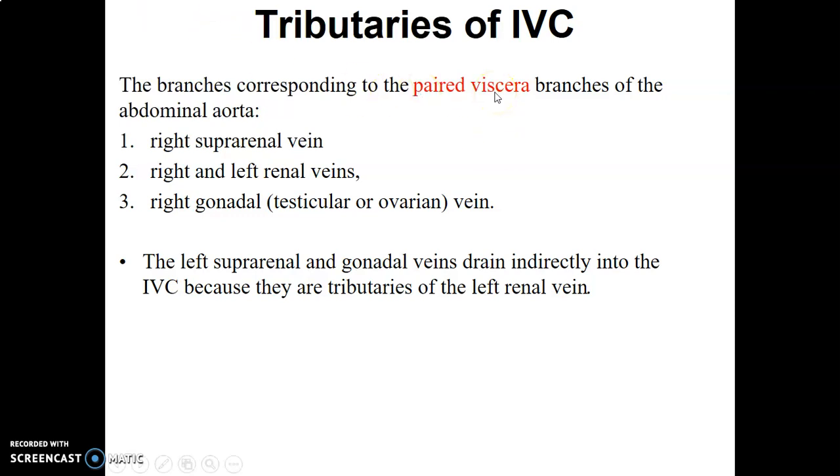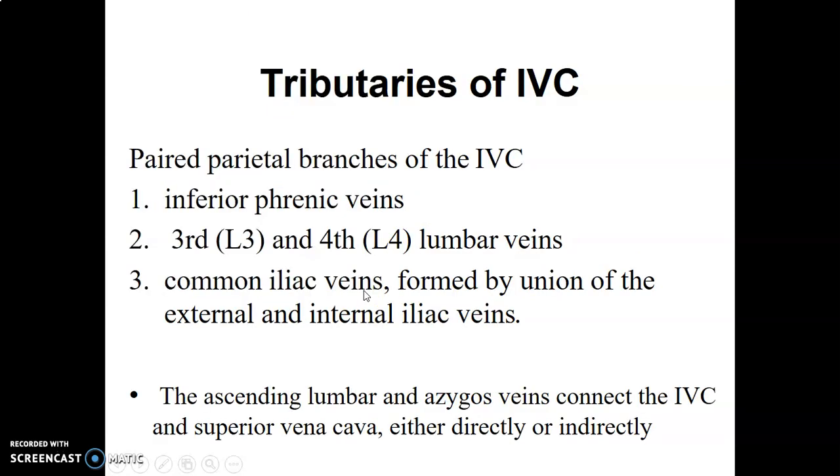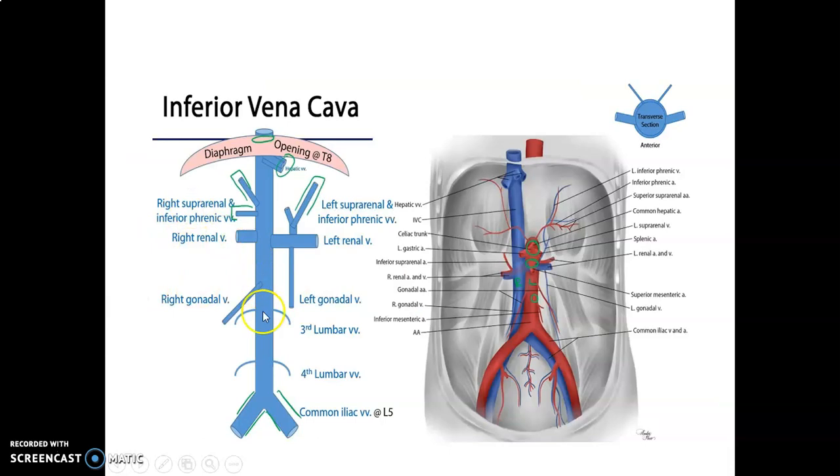So what happens to the left suprarenal and left gonadal? Now, left suprarenal and left gonadal drain indirectly to the IVC. What do I mean? They first go to the left renal vein before they get to the IVC. Remember, the inferior vena cava is on the right. So you can see the left suprarenal and the left gonadal first have to go to the left renal before the left renal takes it to the IVC. But on the right, the renal is here, right suprarenal, right gonadal. So on the right side, they go directly to the IVC, while on the left side, the left suprarenal and left gonadal have to pass through the left renal to get to